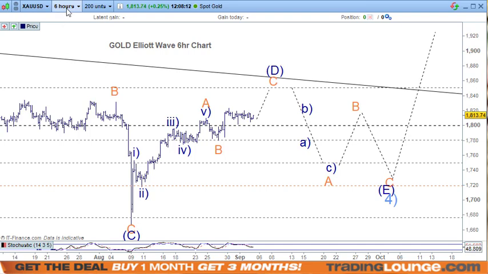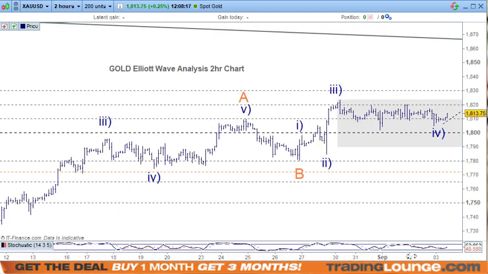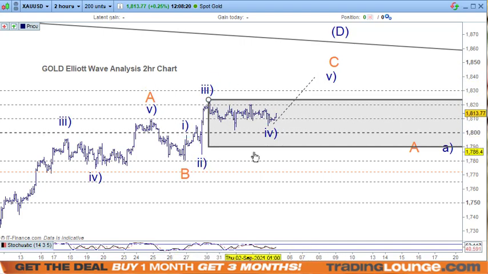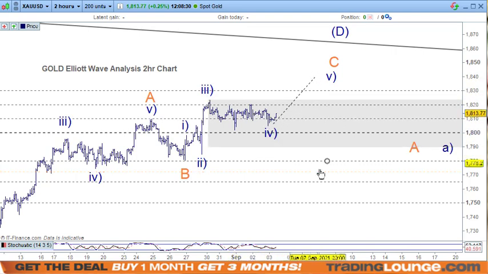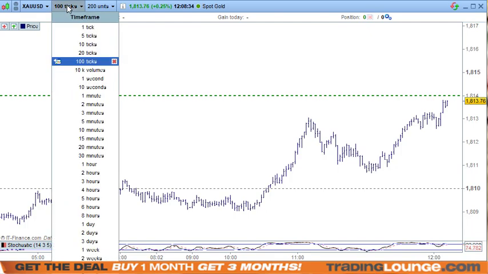So do I need to go to the 2-hour chart for this? Yeah, I should just have a quick little look. So this is the A wave, the B wave, and then 1, 2, 3, 4 and 5 over here. This can be counted a bit differently in here as well. But once we've got those 5 waves here, then that's the point of being a bit cautious at that stage. So I think on the 100 tick chart, we'll need to bring in some